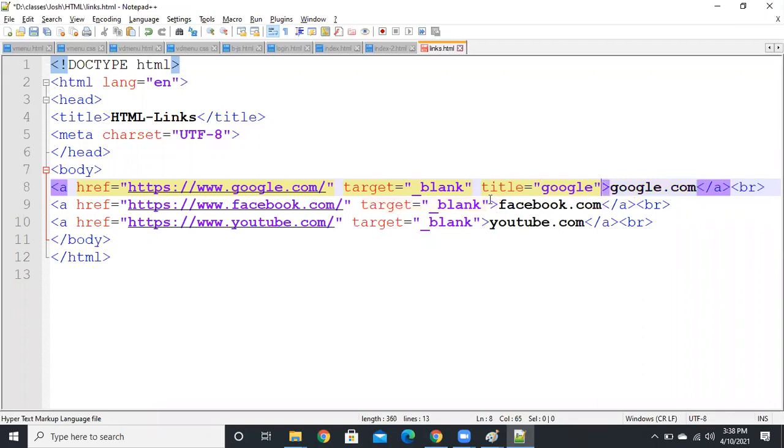How many attributes are there? So many. There is no specific number. In the anchor tag, the main attribute we use is HREF. The target and title are optional. If you want, you can use them. Mainly HREF, the hyper reference, is the main attribute to navigate from one page to another page. The target, if you want, you can use. Click on that link, and it will automatically open a new tab. For that, you just use underscore blank.